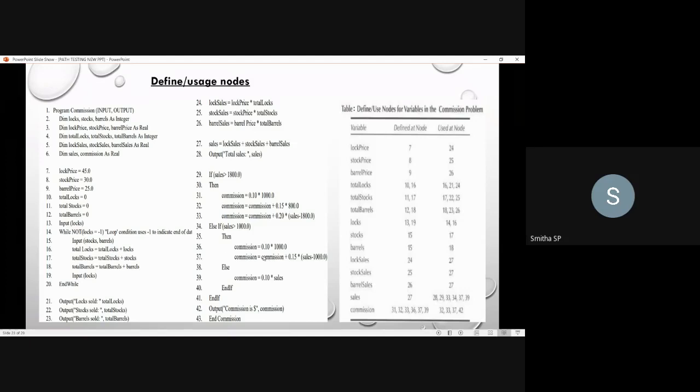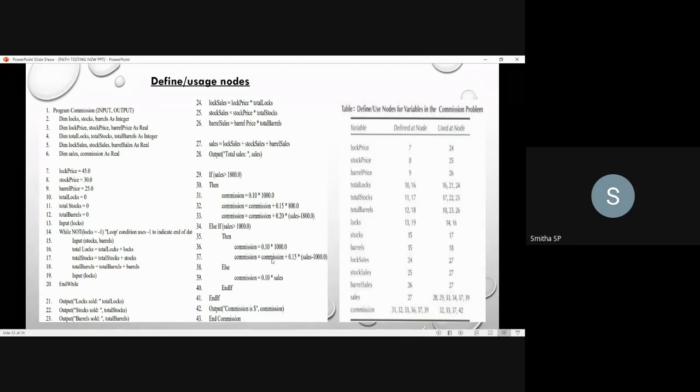Next, in 36 you have defined commission again. So for this commission value, whatever you get, you will be making use of it in the 37th node. That value will be used here for the calculation of 15% of commission. So the defined node is the 36th node, where you have defined commission, and you will be making use of this commission in the 37th node.